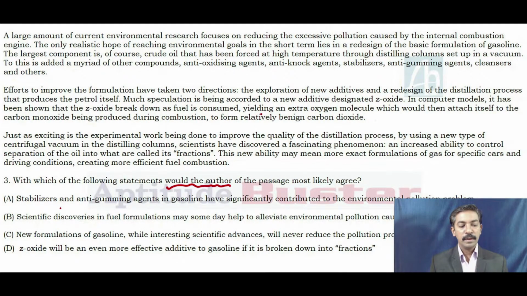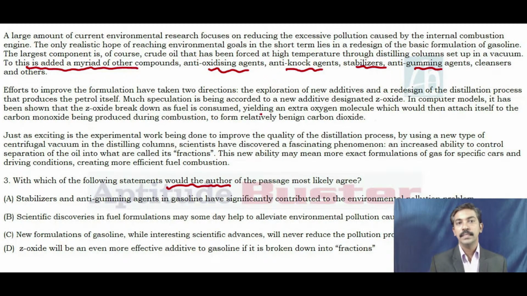Option A. Stabilizers and anti-gumming agents in gasoline have significantly contributed to the environmental pollution problem. There has been reference to stabilizers and anti-gumming agents in the last line of the first paragraph. "To this is added a myriad of other compounds, anti-oxidizing agents, stabilizers, anti-gumming agents," which says the reference in the first paragraph states that these are all steps being taken to bring down the excessive pollution, because that's how the